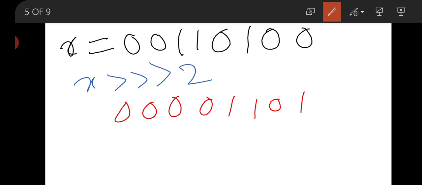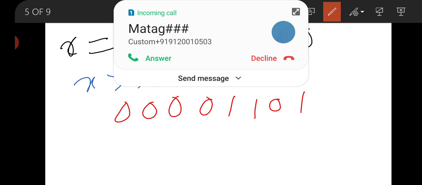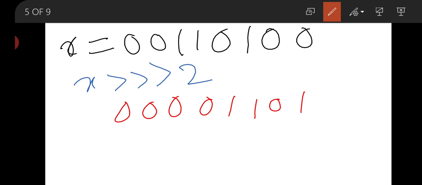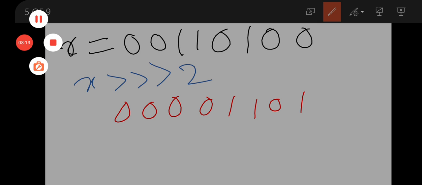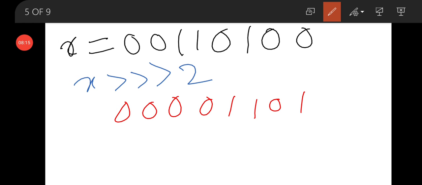This is your right shift operator. I hope you have a clear understanding of right shift. Now this is the concept of right shift.